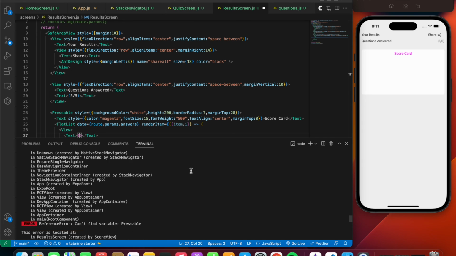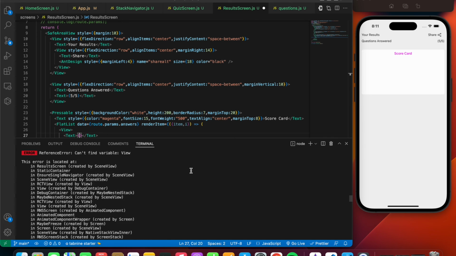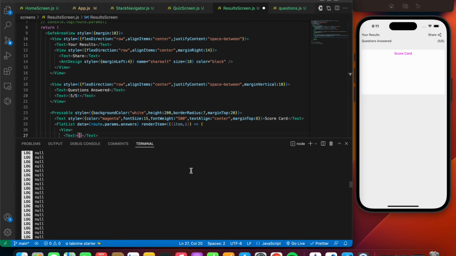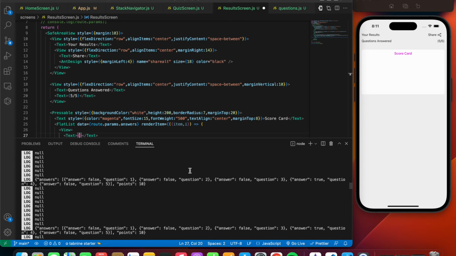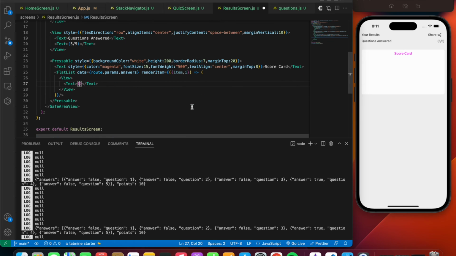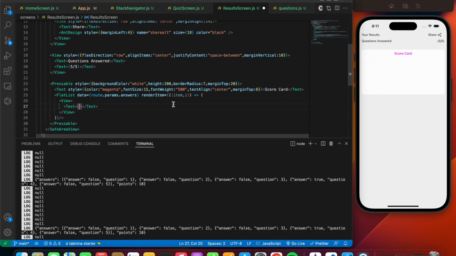Okay, so if you check over here, yeah, over here we have something called the question and the answer, right? So let's firstly access the question. So to access the question, we have the item over here, so it's going to be item.question to get the question number, right? So let's write item.question,